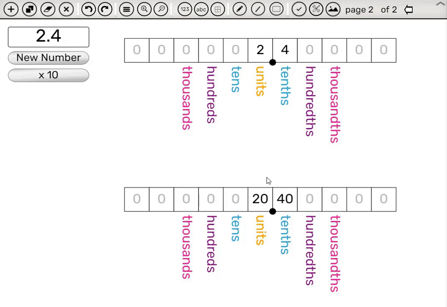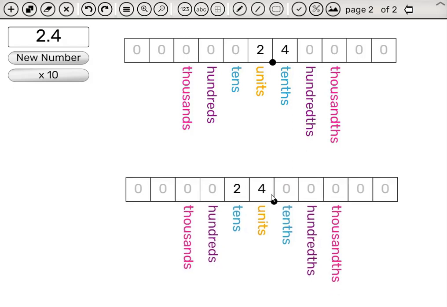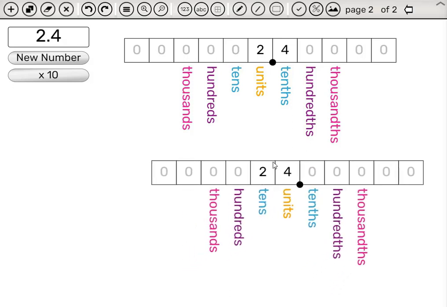Now let's do the regroupings. We'll do this quickly now. Now in class, of course, it should be slower. 10 units turn into 1 unit of 10, and again, 10 tenths turn into 1 unit, and again, and again. If we place the two numbers like this, the 2 below the 2, the 4 below the 4,